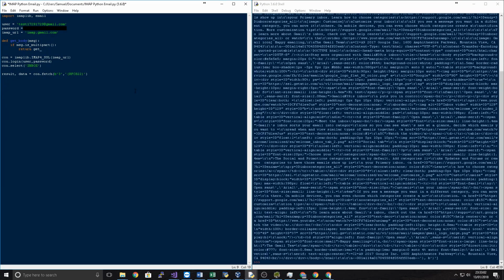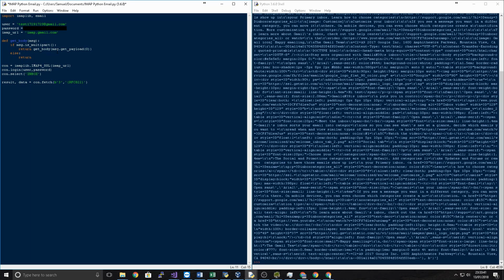itself.get_body(msg.get_payload(0)). Now we're doing this because if it has multiple payloads in it, we want it to basically loop through all of them until it finds the first one. So that's basically what we're doing there. It's just going to take the message and do it again, because we want it to look at the first payload. Anyway, so we can do else, and we'll return,